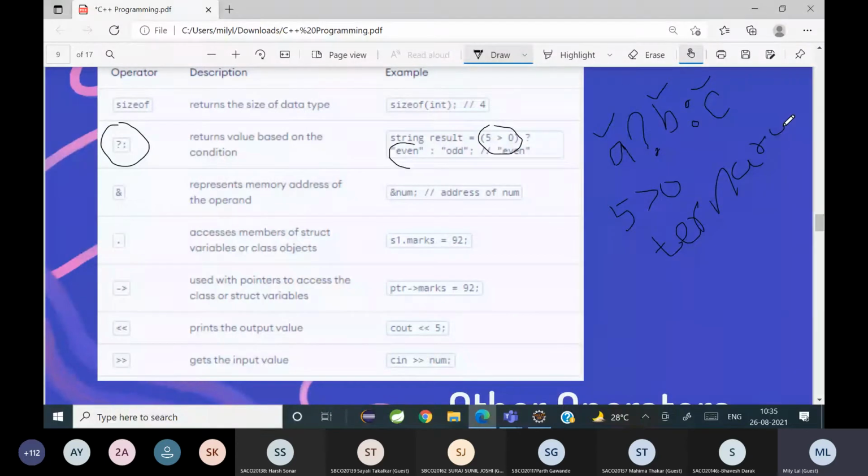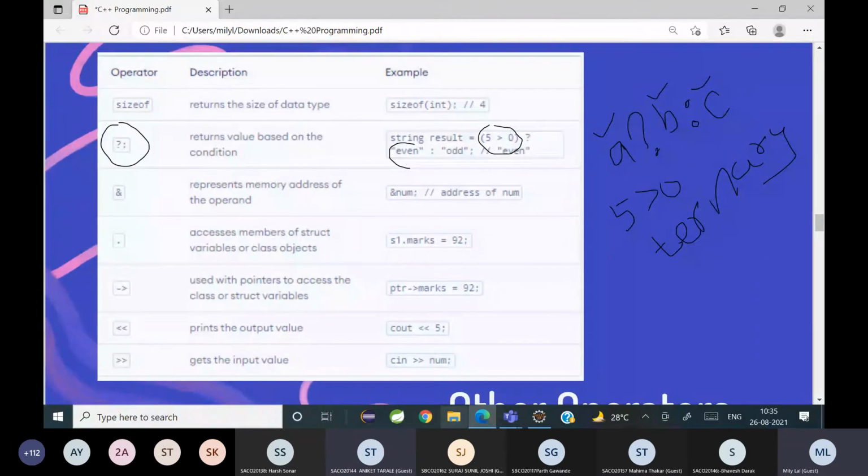मैम इसको शॉर्ट हैंड मेथड बोलते हैं ना? Shorthand method, yeah. Instead of using an if and else ladder or if and else, you can use a ternary operator. Ma'am, please give one more example.